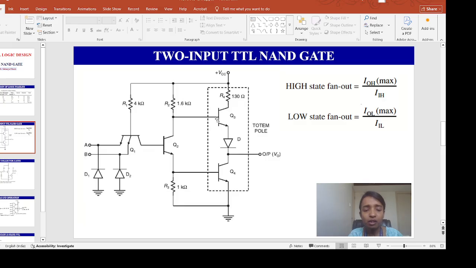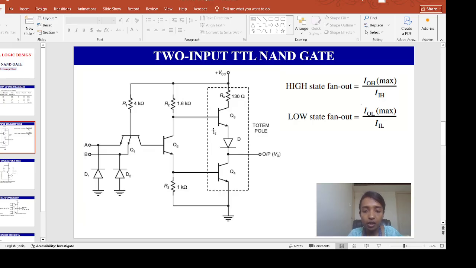Now, for Q3 to be on, the base-emitter junction must be forward biased, right? And when Q4 is on, Q4 has to be on for Q3 to be on simultaneously. So the base voltage of Q3, which is equal to VBE3, must be equal to